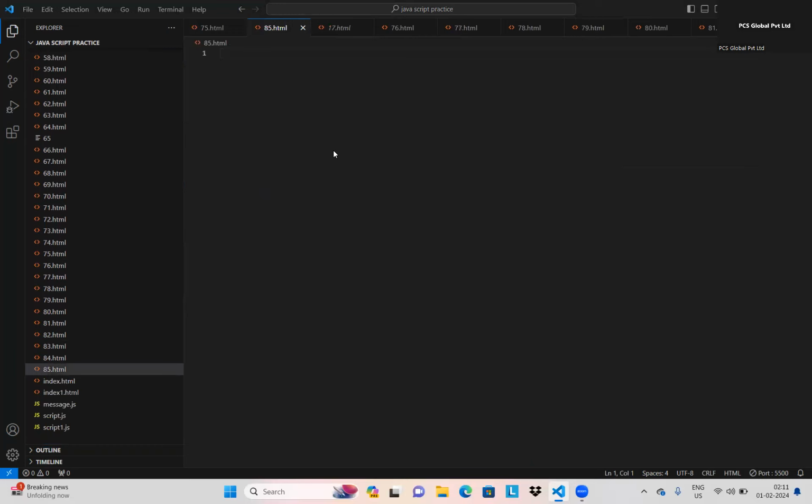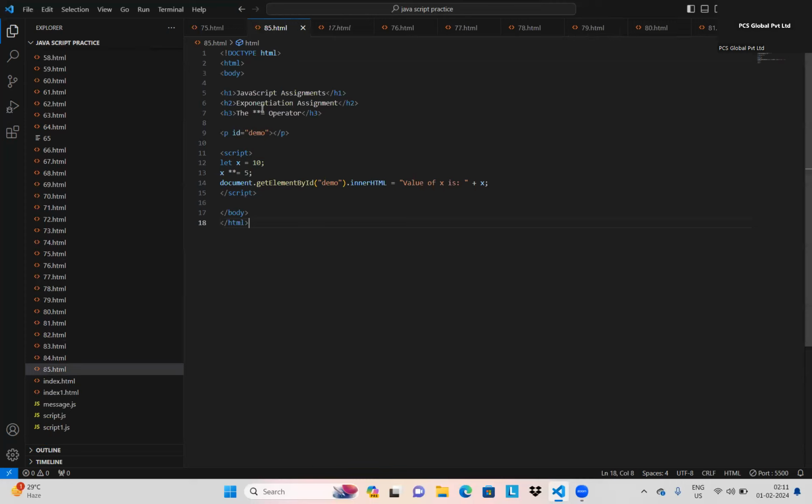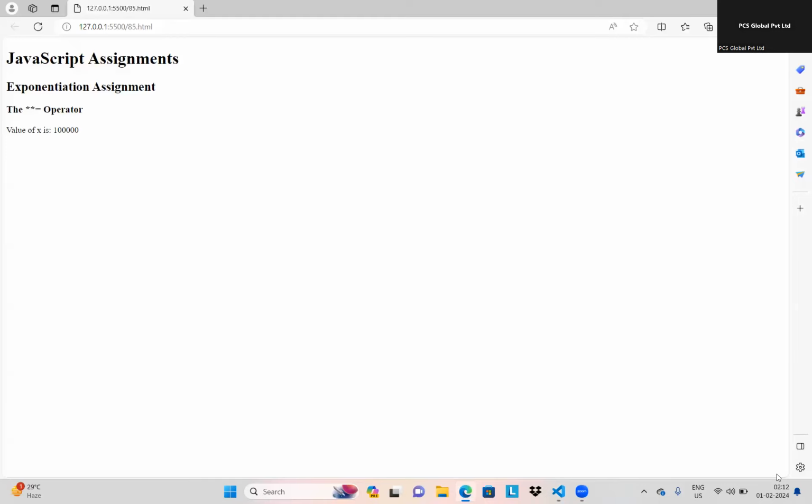Example: double star equals to, this is the exponentiation assignment. Run this. The value of x is